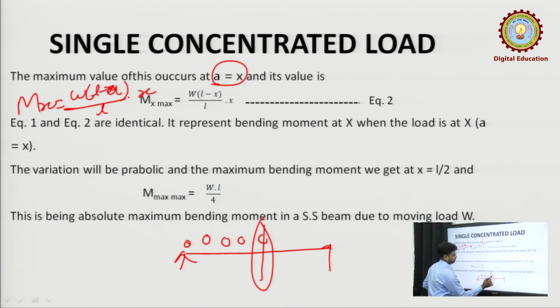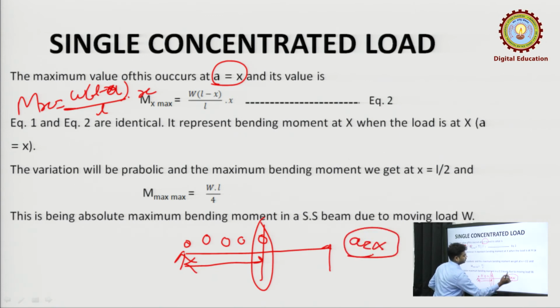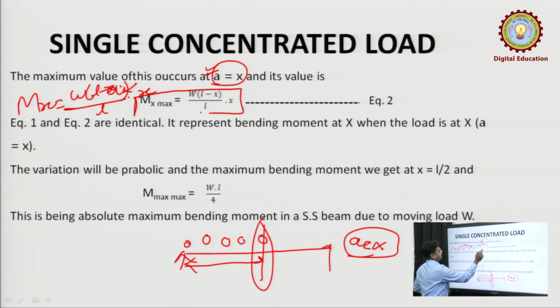The maximum distance the load can roll over the span is a equal to x. Like in the shear force, we will do the same thing here also. If a is equal to x, we put the value x instead of a, and we will get Mx